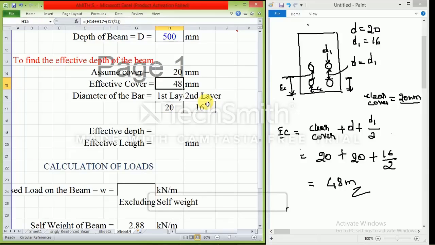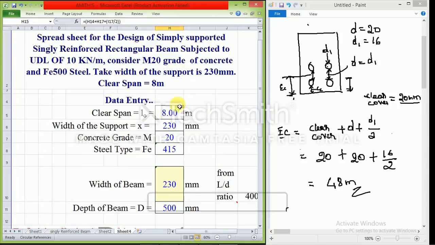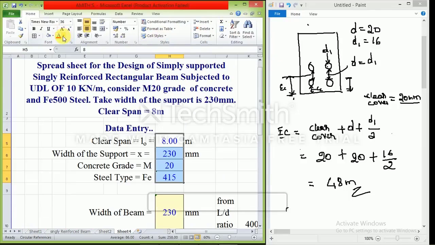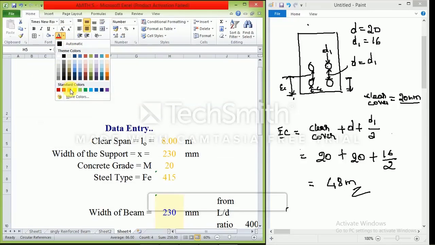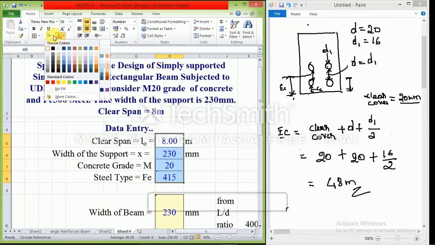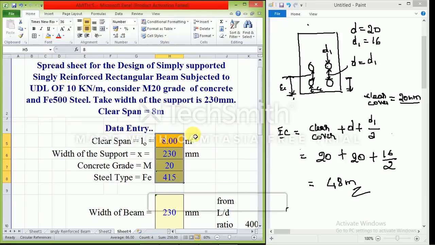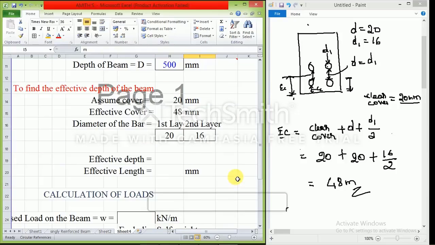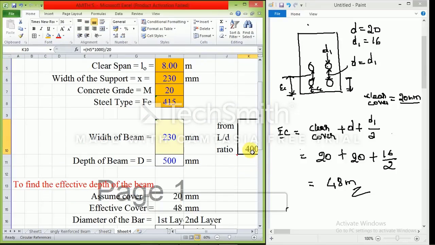So this is ready. For some cells I will give a color, which is yellow. It means that these values are flexible, that is, it is given data, it can be changed, but the L by D ratio you should not change, and you cannot change because it is in the format state.